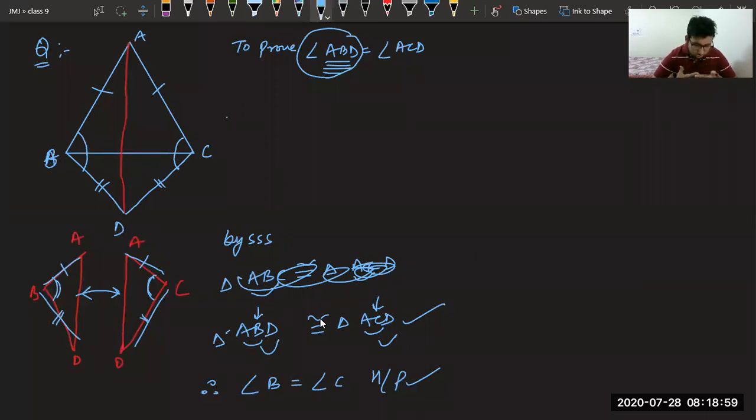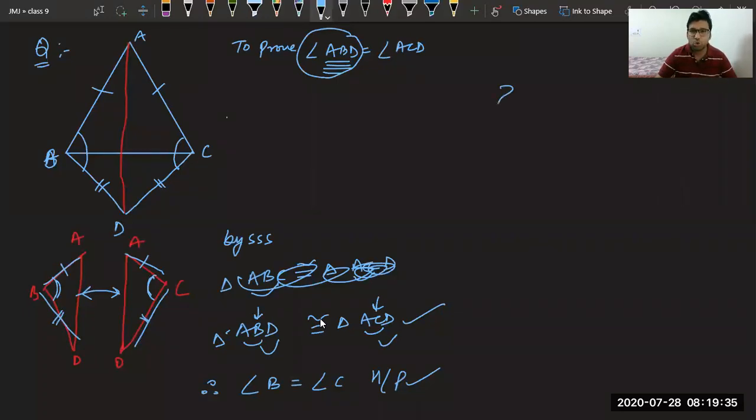Now, do you want to see one more way to solve the question? Very good, Rudra. Can you think of one more way? I am giving you a hint. Chapter number 5, axiom was there. We have not studied it, but still you all know. If equals are added to equals, then wholes are equal. Do you remember that thing?